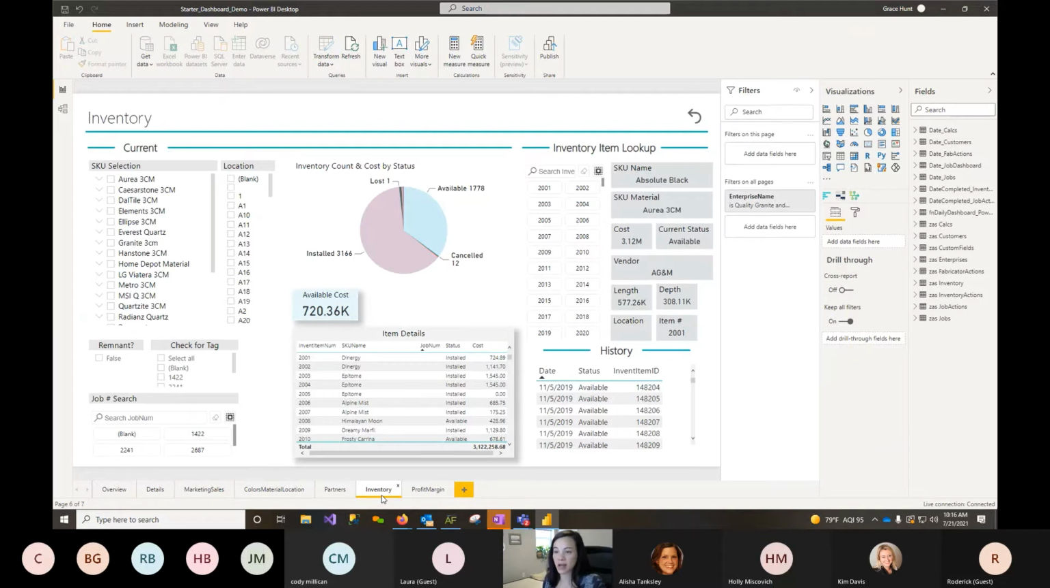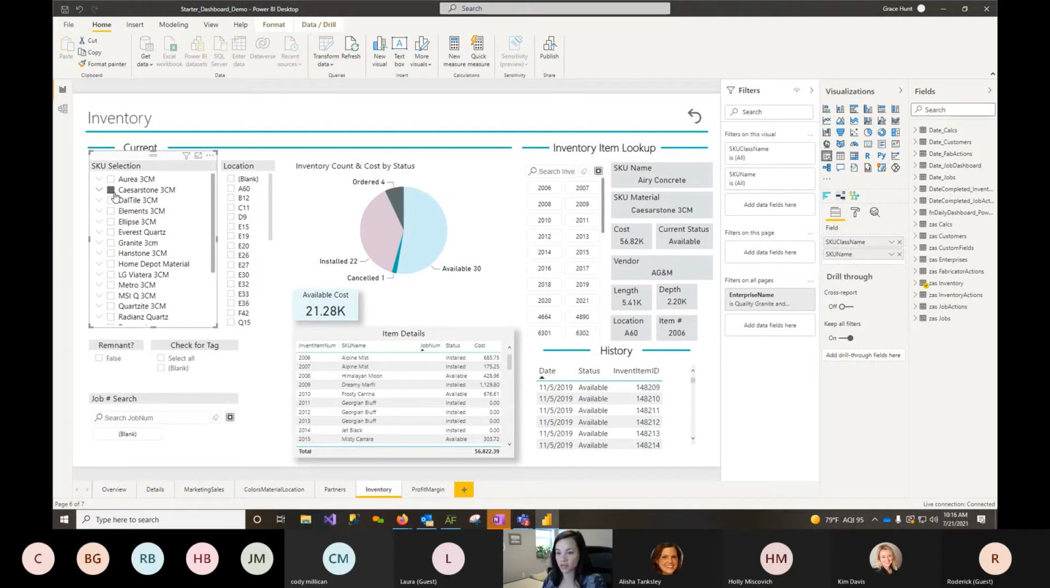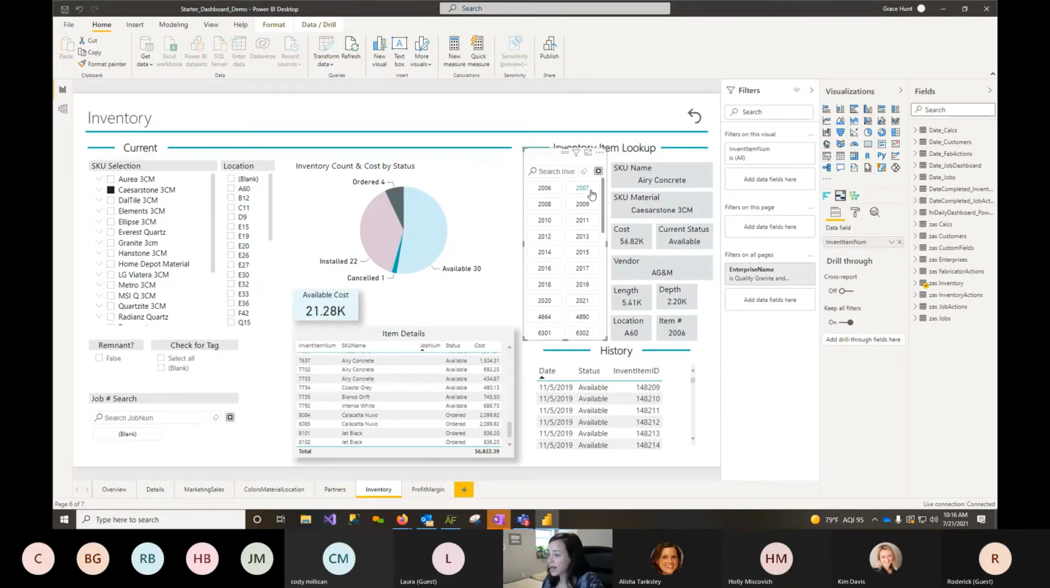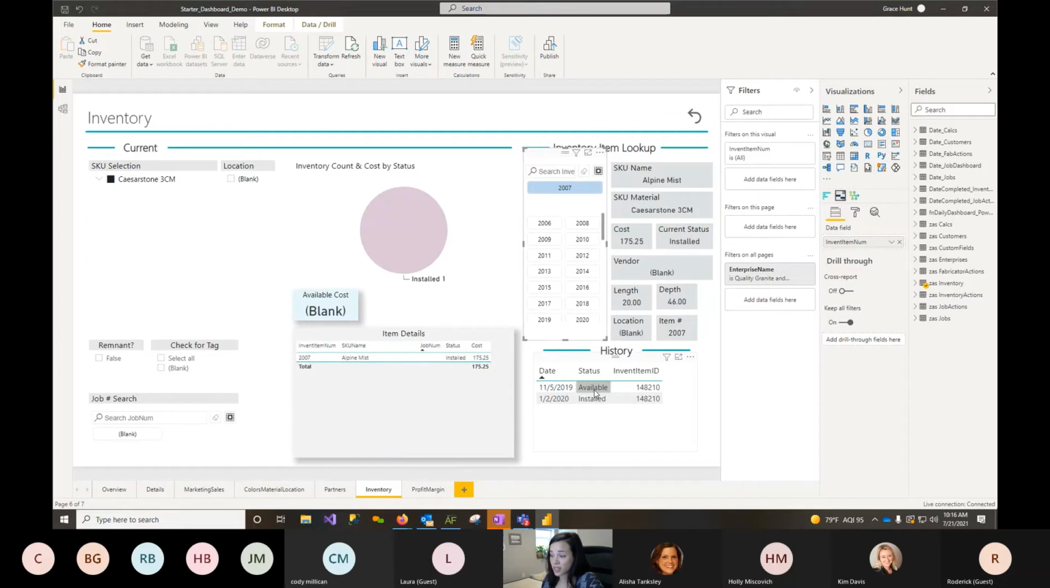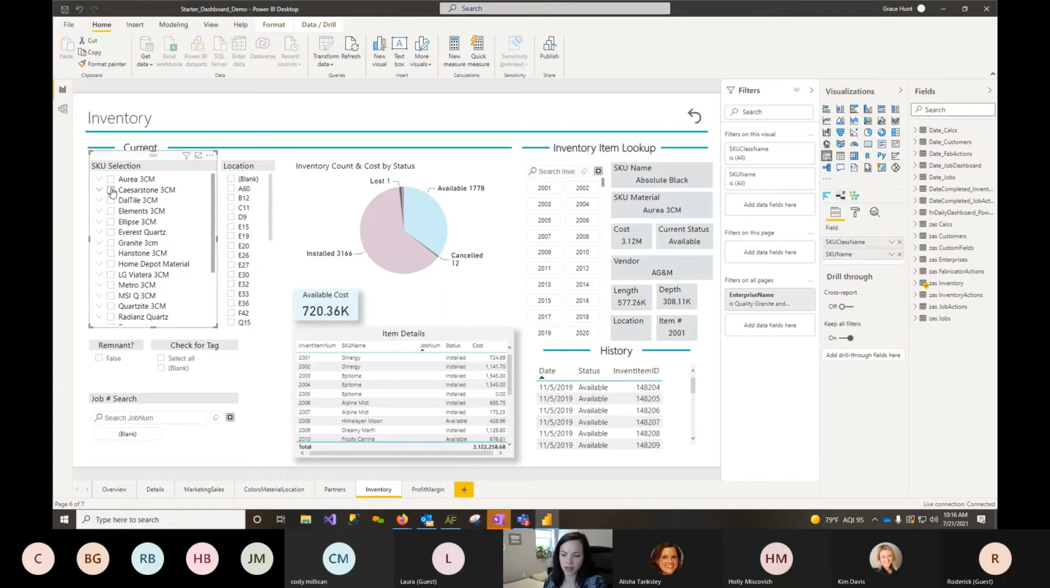Inventory, this is a page where we can generally have an overview of what your inventory looks like. So we could say, all right, for Caesarstone, we have 30 slabs available. Here are the slabs. I could look at a specific slab and then look at the history of that slab. So this Alpine Mist was made available in November of 2019, and then it was installed in 2020. If you were looking for a specific slab, you could do that. Right now, none of these have remnants, but there'd be a way to check for remnants if you had remnants in your